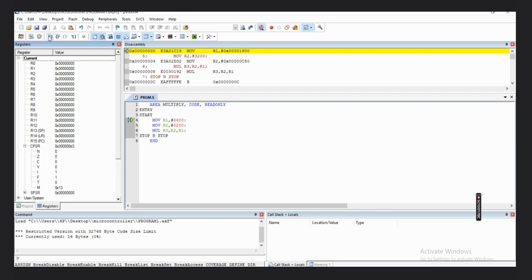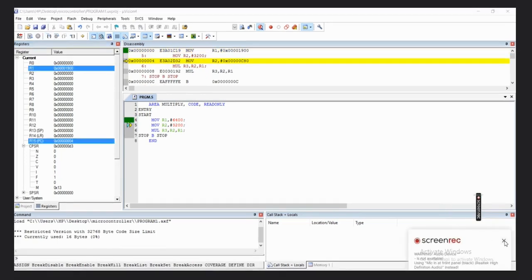Then you can go step by step execution, or you can run the overall program at a time. It is better to prefer step by step execution, so you can observe the output clearly. So the first line is where we move a value to register R1. As I told, go for step by step execution. After the first step of execution, we have seen move R1, 6400, but you can observe in R1 we have 19000